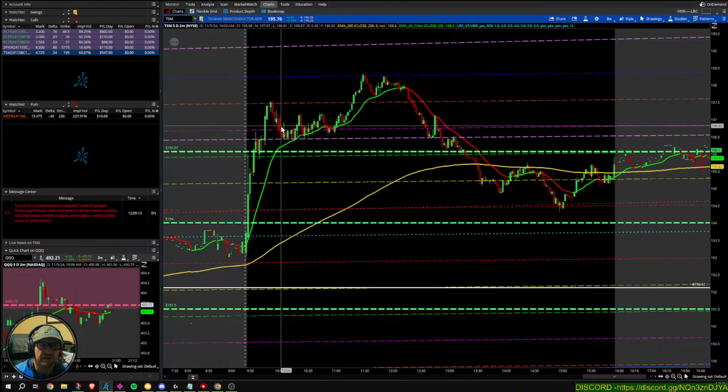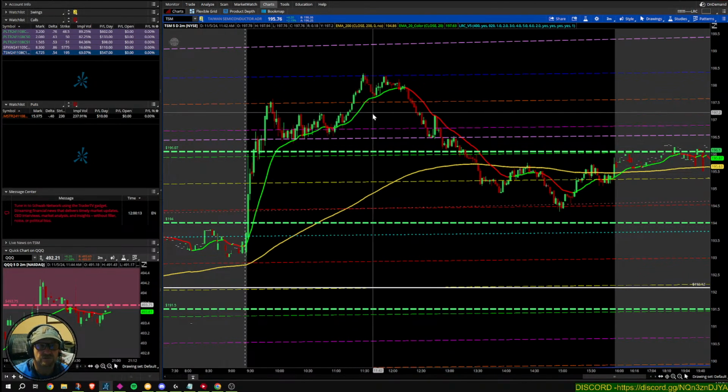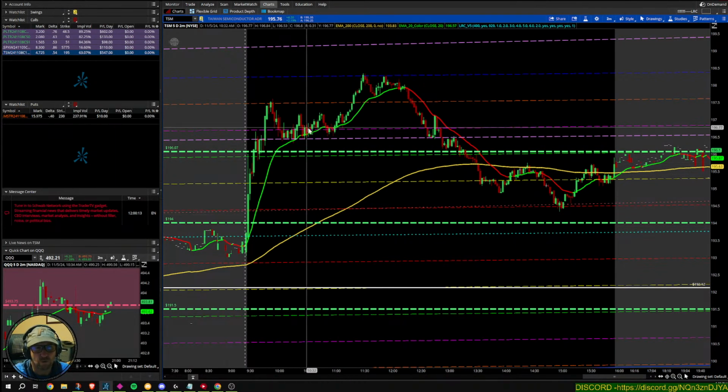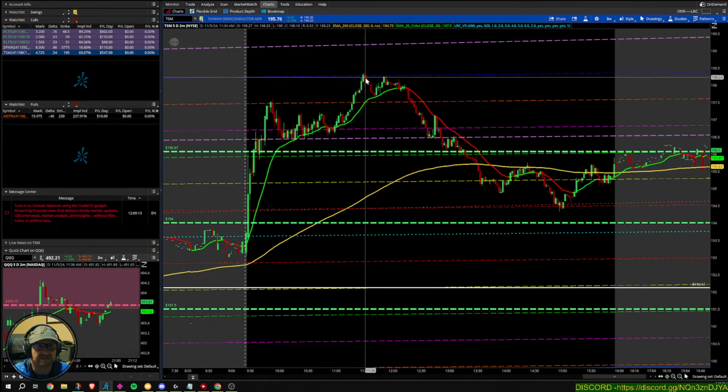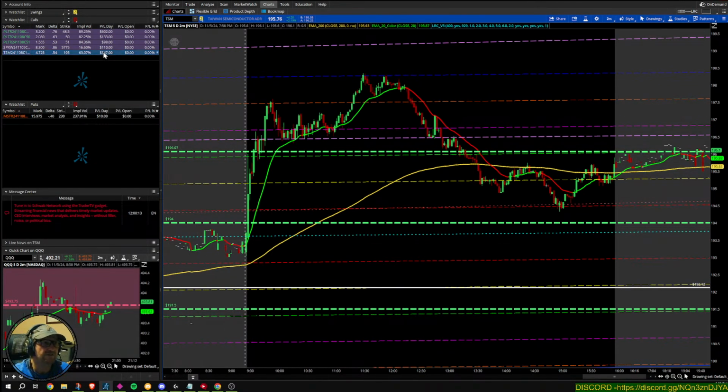That's my second red. A lot of times I will wait for a pullback and then re-enter. On this one, I didn't do that, but wouldn't have got a whole lot out of it probably. I mean, you would have got a decent move, but this was a fantastic move. I made 547 on it, and I also got into an SPX.